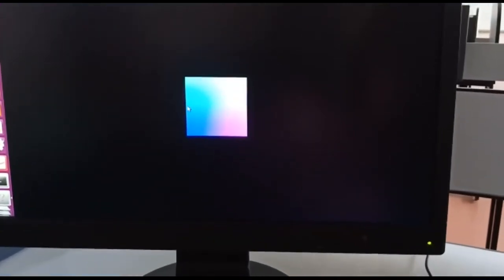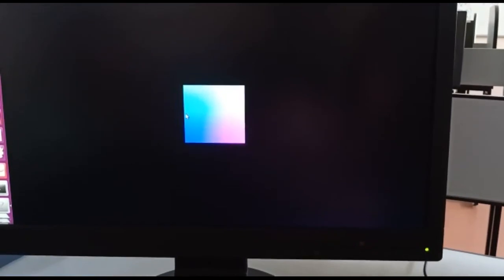If you go to the top, you will only see the top face. If you come to the front, you will only see the front face. If you go to the back side, you will see the back side. Like that we are moving the camera. As I have told, we are using the keyboard.